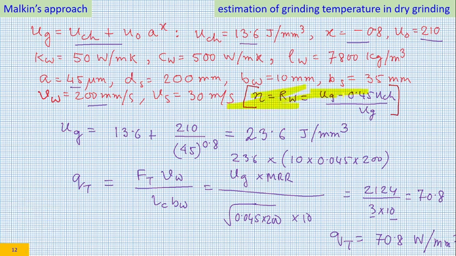So based on this equation, the apportionment coefficient has been calculated. Typically it is RW in the unified language, but he always used the term eta. So we will continue to use that term eta. Whenever we use the term eta, we understand that it is Malkin's approach. Okay, now let us see